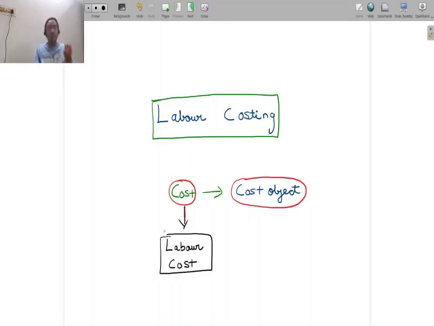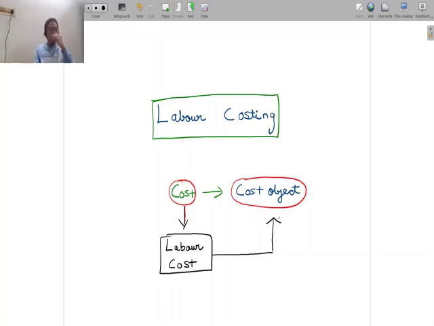Materials required to get work done is another important component. So the cost of materials is one important component of cost, but now we are going to be focusing on labor as an important component of cost. So our focus is going to be on labor cost. Now it's important at this stage to understand that whatever be the nature of the cost object, we may want to find out the labor cost associated.